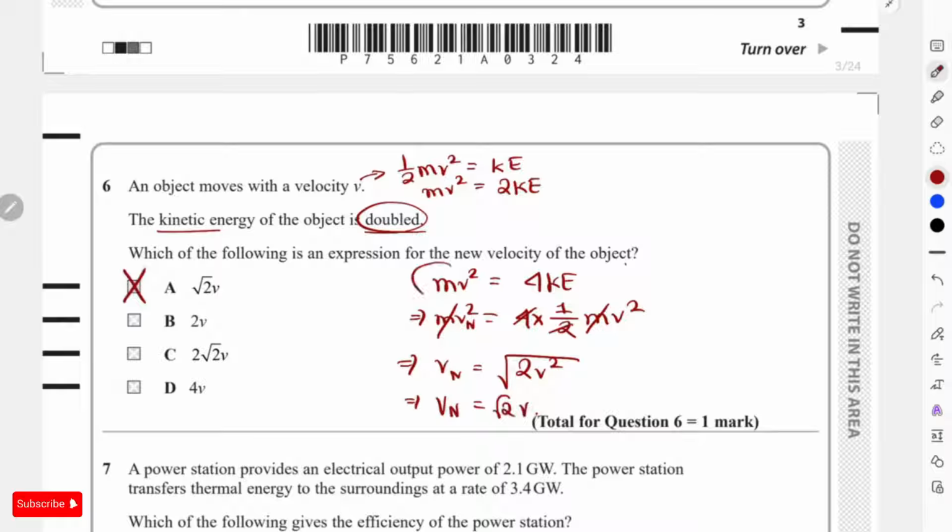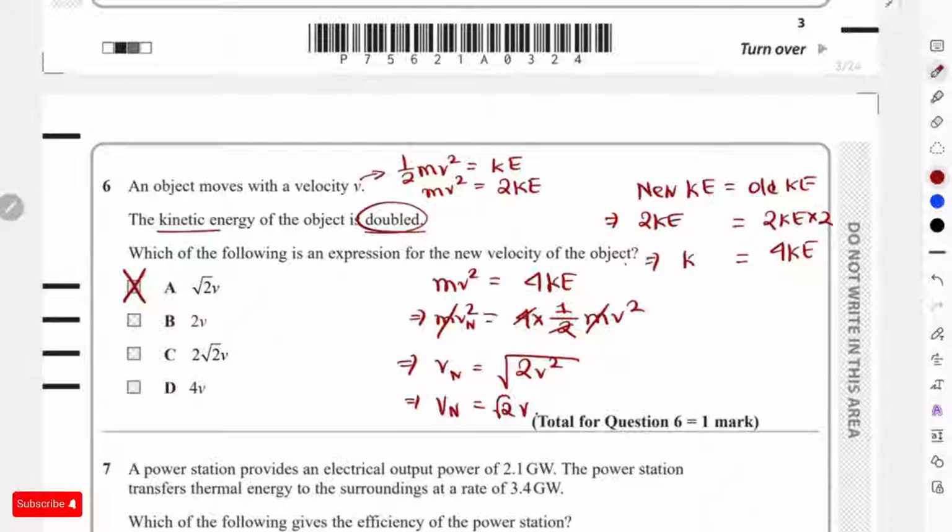Now, if there's any problem understanding this line, we assume that the new kinetic energy is equal to the old kinetic energy. For the new kinetic energy, it was twice the old kinetic energy, right? So if your old kinetic energy was like 2 Ke, the new kinetic energy was automatically twice Ke. In order to balance that out, we have to multiply 2 Ke with another 2, right? So eventually you get like 4 kinetic energy on the right hand side, and on the left hand side you just get like 2 Ke,